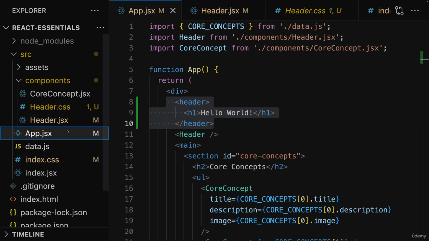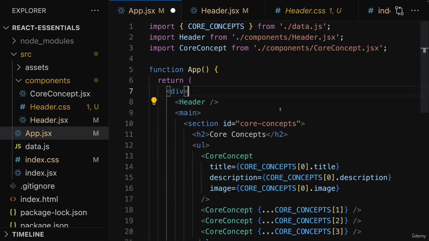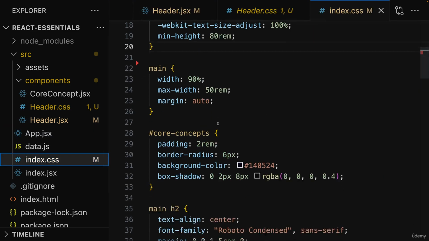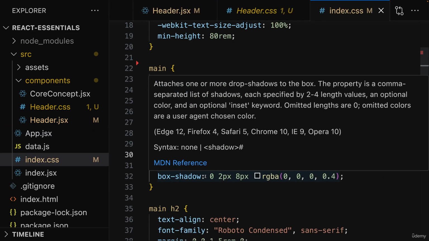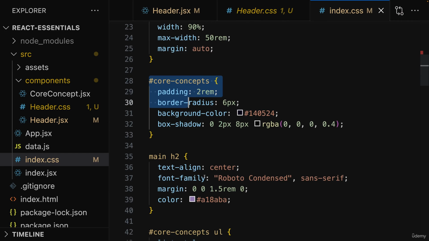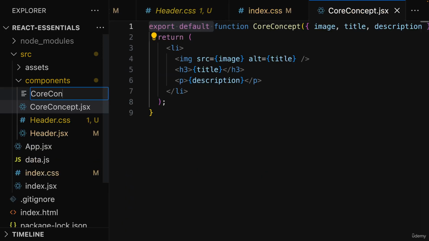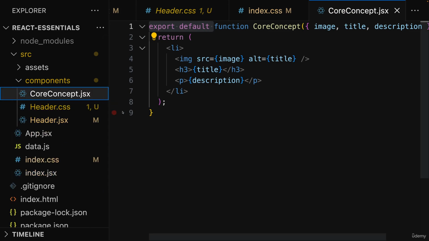For the moment, we'll just leave it like this, and I'll get rid of this extra demo header here in the app component and save this project like this. You could now, of course, also extract all the core concepts styles if you wanted to, and extract all those styles into a core concept.css file if you wanted to, but here for this demo, I won't do that. What I will do